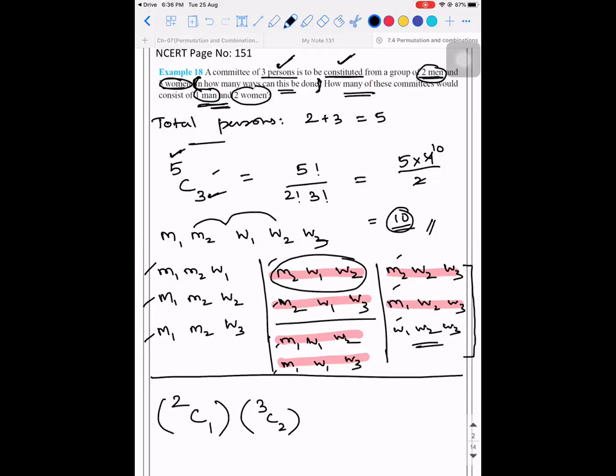See, I'm repeating it again, guys. Listen. The number of objects you have in your hand, the number of objects to be selected. If I say selected, C, you can remember like this. C is used for chosen also, or choosing. So from the 2 men available, you are choosing 1 man. From the 3 women available, you are choosing 2 women. So what is 2C1? 2C1, if you check, is 2, and 3C2, if you check, is 3, so it will be 6. Are you guys able to understand this?